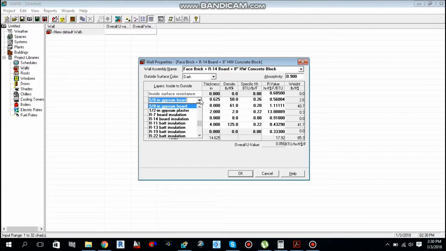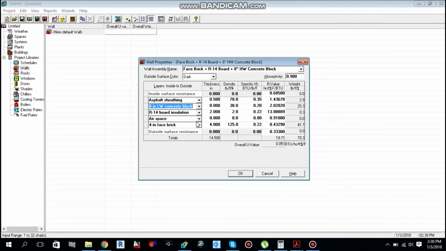If I move it, okay, now 0.053 is nearer. Let me move this one also to 8-inch lightweight concrete, 0.051, okay.